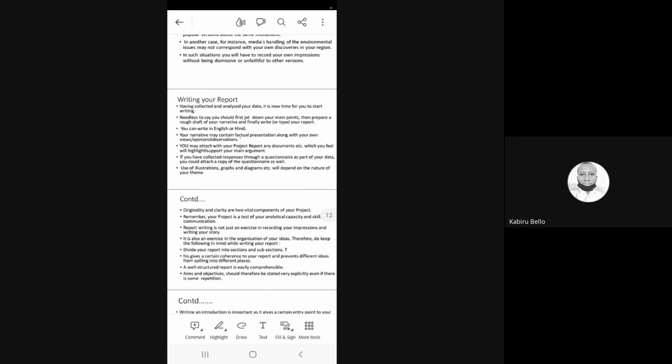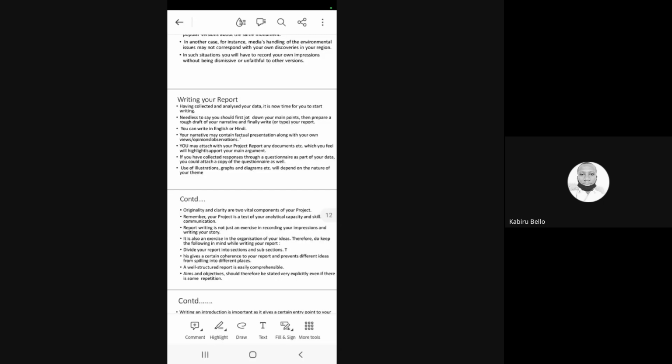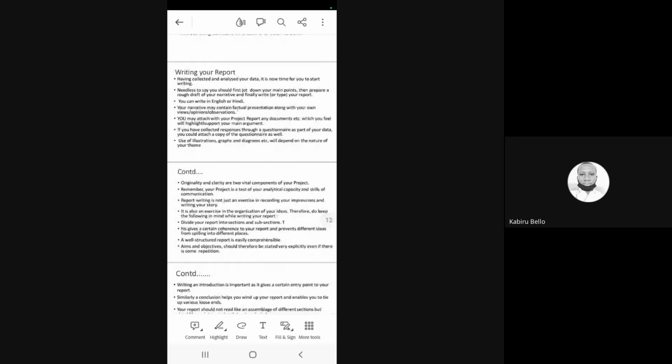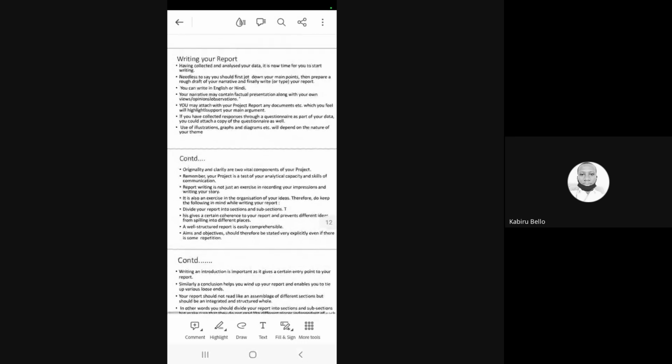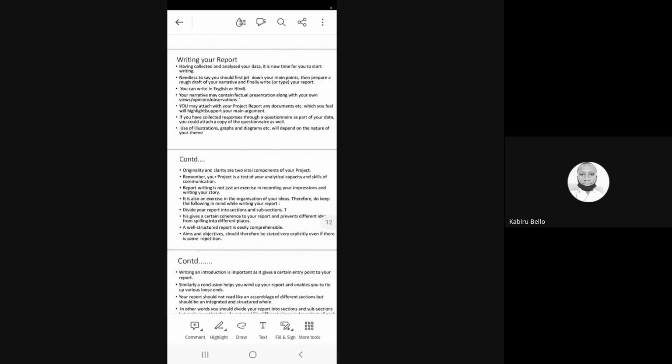The synopsis should be 400 words. What do you mean by synopsis or the proposal? The synopsis or the proposal is basically the summary, which is 400 words. I'm repeating, the synopsis or the summary, also known as proposal, should be 400 words. You have to send it to your supervisor. Yes, I jotted that down yesterday, that the synopsis should be 400 words.